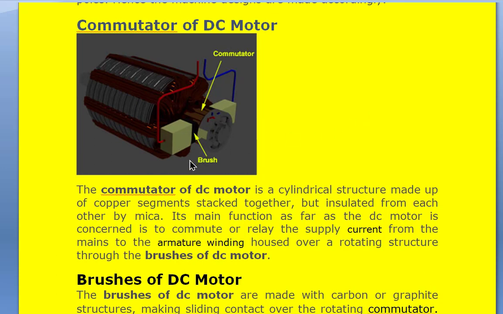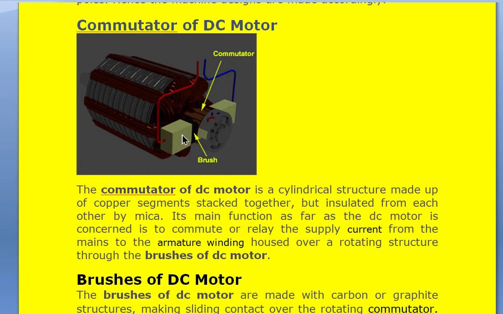The commutator looks like this. These are the brushes. These are normally carbon-made brushes, and these brushes will be connected to the DC supply like this, with a red wire and the blue wire. And this is the commutator. Here, close to it, it looks like an armature, and over this commutator there are